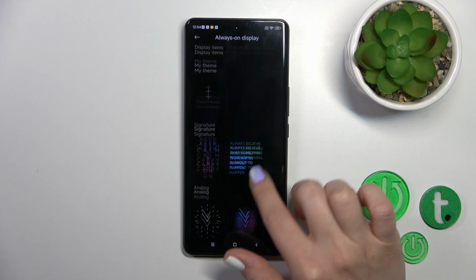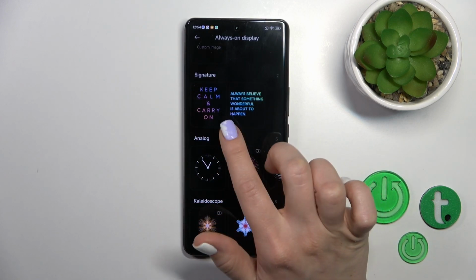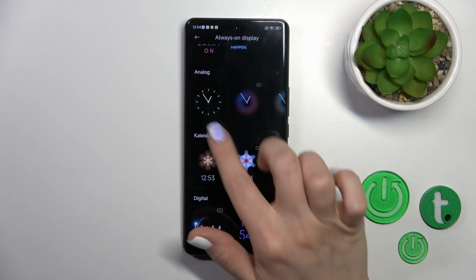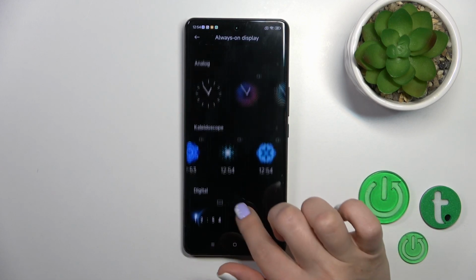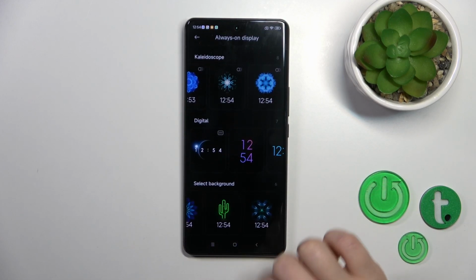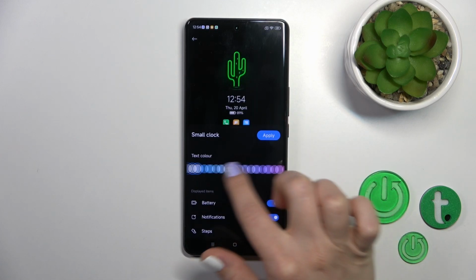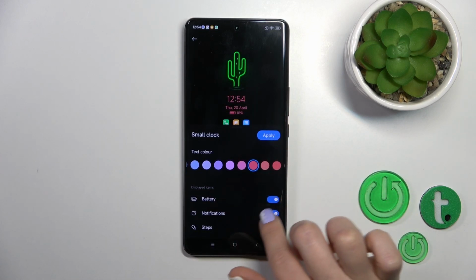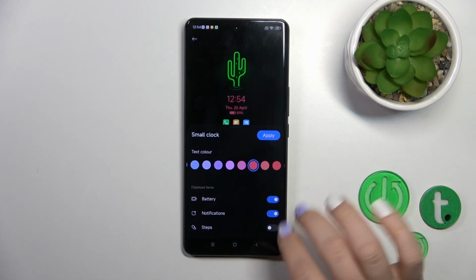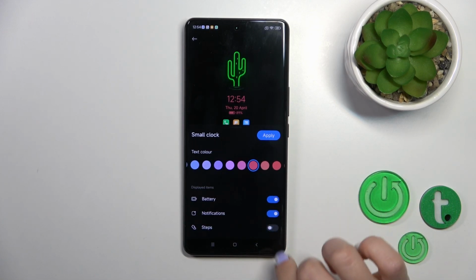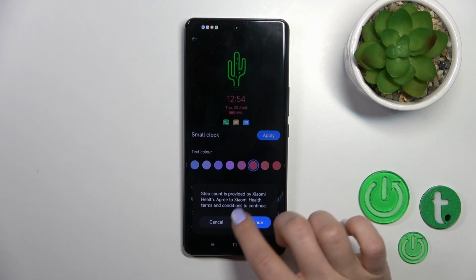So let's go back. If you want, you can use the signature, the analog clocks, kaleidoscope, digital, and select the background. For example, let's use one from this one. Just let's change the text color. I just want to turn on the battery notifications. You could also use the steps, but you should just